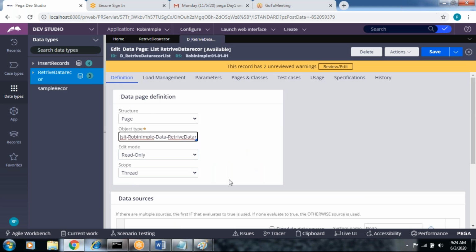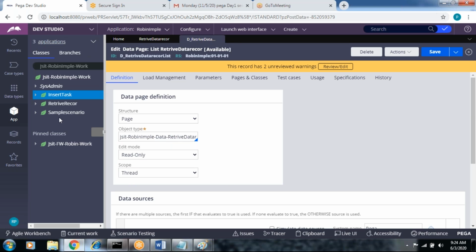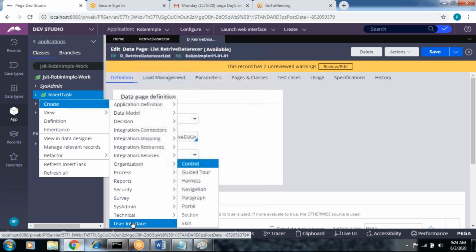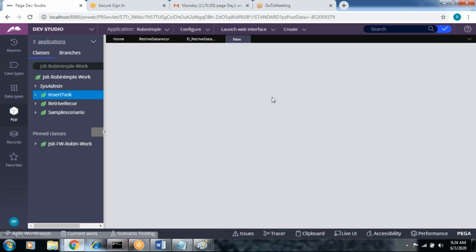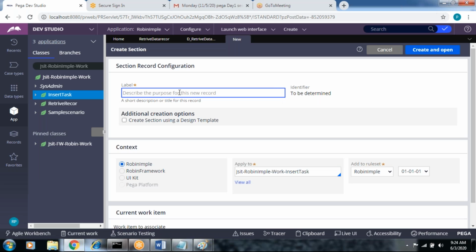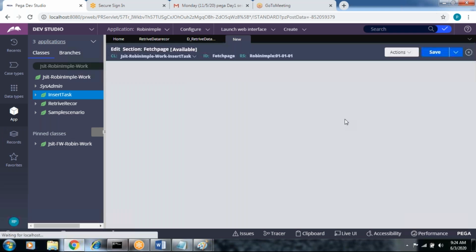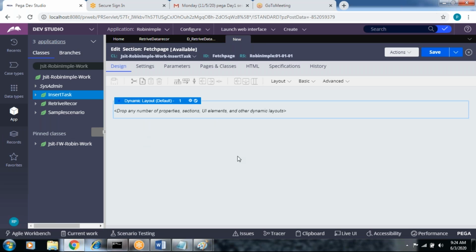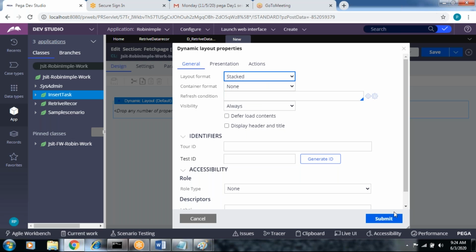Now where you can call this database? Let's create the UI. So what is it in the same task? In insert task, create user interface section. Something I'm going to give you some page section. Create and open. All the stack.